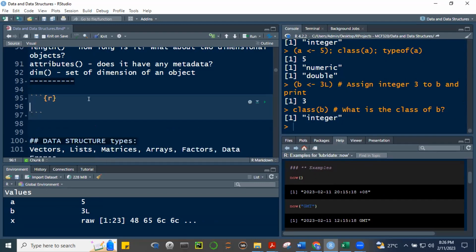Okay, nakakalimutan ko na siya. Control Shift at saka Control Alt, Control Alt I. Okay. All right. So let's take a look at